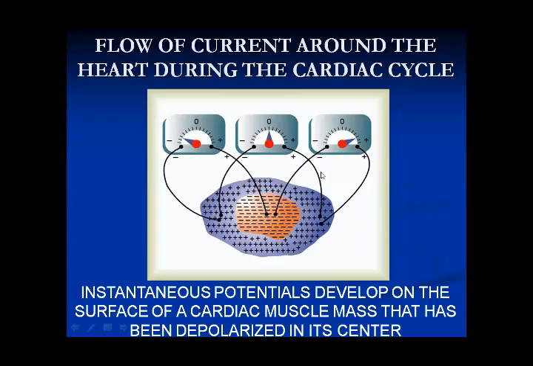So negativity is coming out, and the outside area of this stimulated area, which is still not depolarized, is positive, right? So it is still positive. So there is a difference in polarity. This central area is negative, and the area surrounding it is positive. So there is a difference in polarity between these two areas. Now we have got three voltmeters attached to it. Now coming to the first one here.